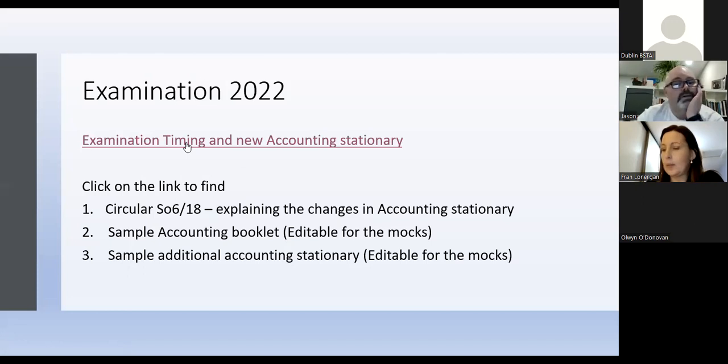There are editable documents there that if you click into them, you can print them off, and if you want to use them for the mocks, you can. I don't know if there are any companies out there doing that at the moment. And then I've got one for the stationery as well. You can print that off, the booklet and the additional paper that they can get. That's for the tabular statement. So I'm asking mine if they want to do the question 1 on it, they can. And for question 9, if they're going to answer the budget question, they can use that for it as well.